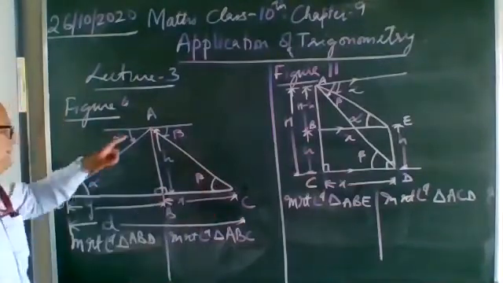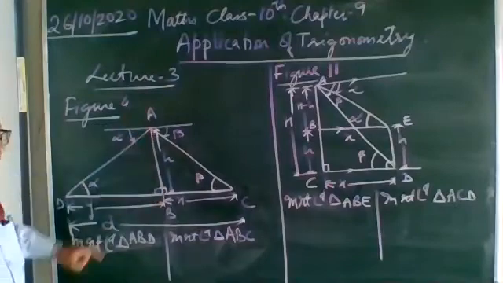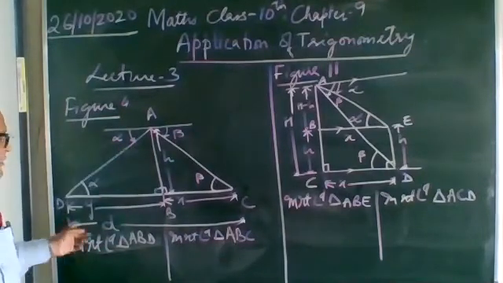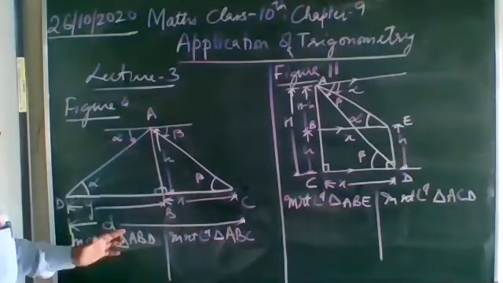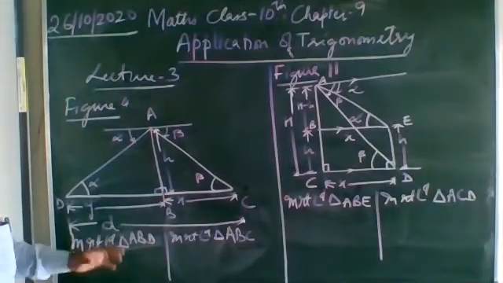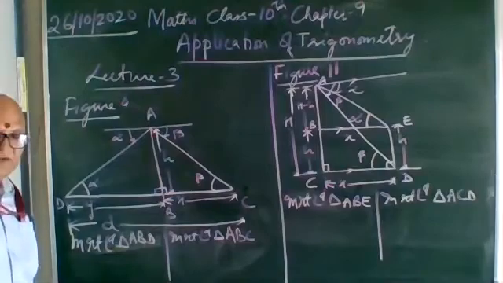So what you will say? Alpha and beta, the value of angles may be 30 degree, 45 degree, 60 degree, whatever is there. Only three values are there: 30 degree, 45 degree, 60 degree. So now suppose you find the width of the river. Now width of the river will be what? X plus Y. So very important is this to make the figure.